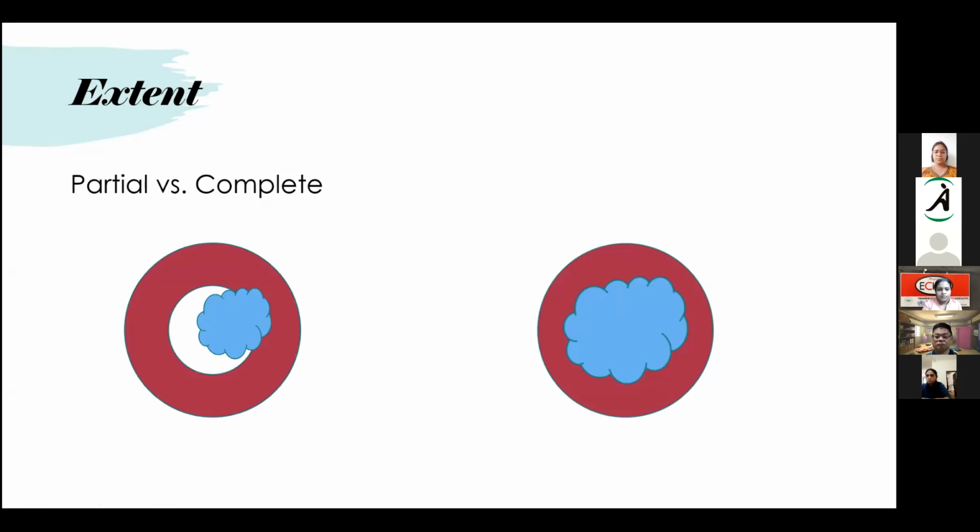Usually in cancer, the obstruction is partial. Why? Because for symptoms to develop, the obstruction need not be complete. Even before the obstruction turns into a complete obstruction, the patient may develop symptoms. So at presentation, usually the obstruction is partial, which in turn, through the disease process, can go into a complete obstruction. But most of the time at presentation, the obstruction is partial rather than complete, because the symptoms develop even before the obstruction is complete.